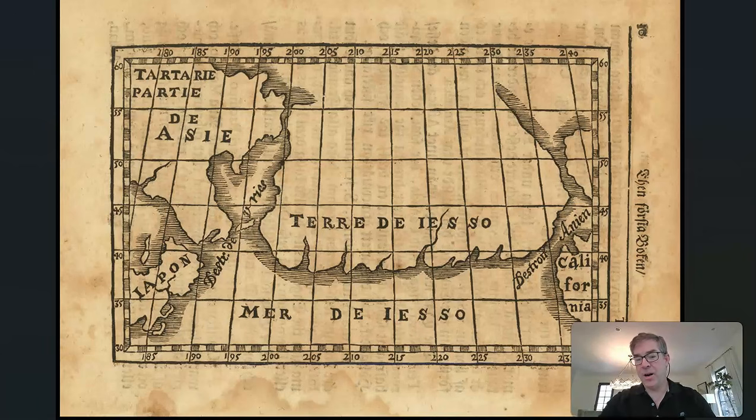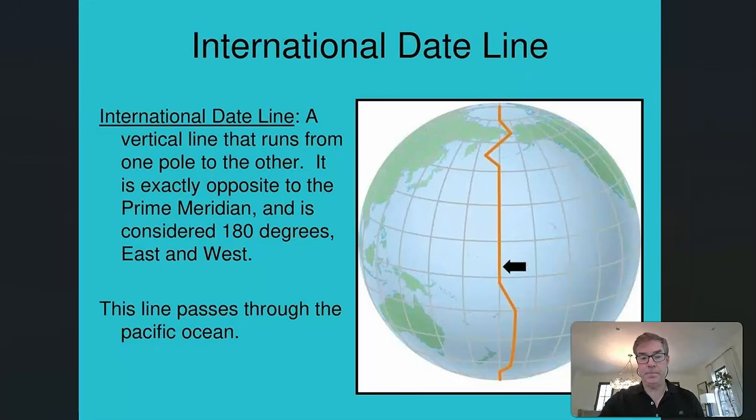And you can see on the other side, you can see California. You can see the border of the United States. And you can see the Strait of Anian right there. But this shows two straits, not one, with a central land mass, the land of Jesus. Between the eastern border of the land of Jesus in California is the Anian Strait. The western border of the land of Jesus from Asia is the Strait of Vries. So now we have two straits.